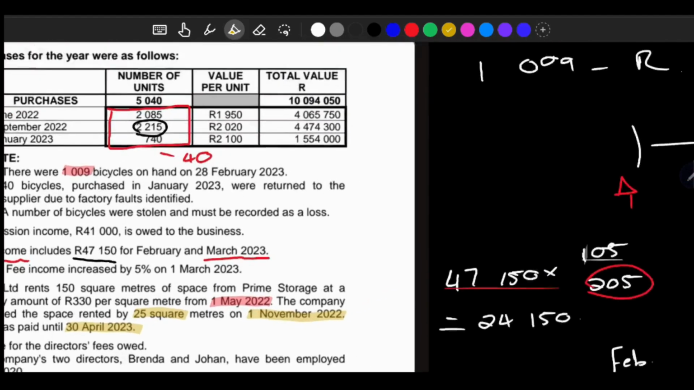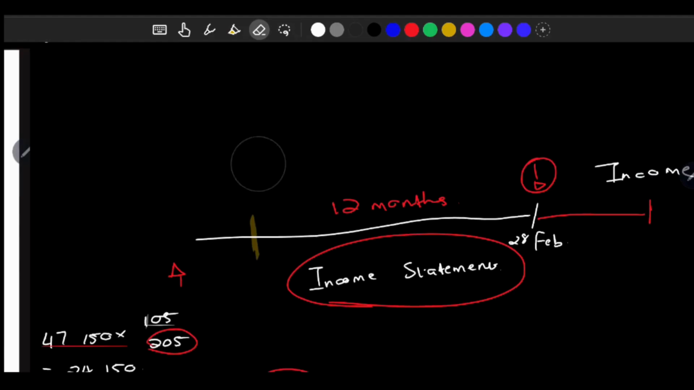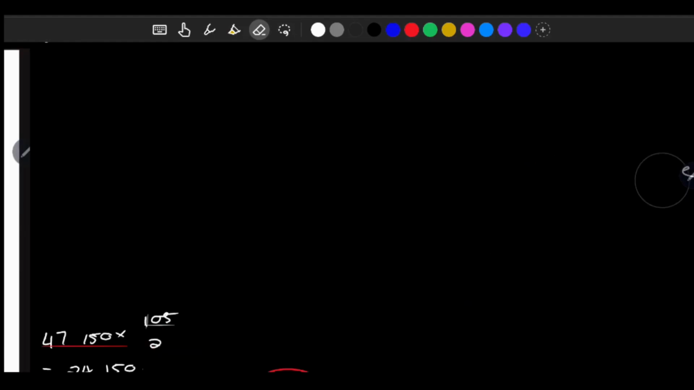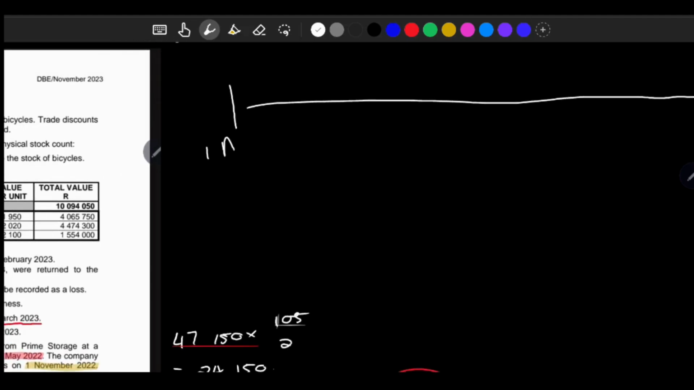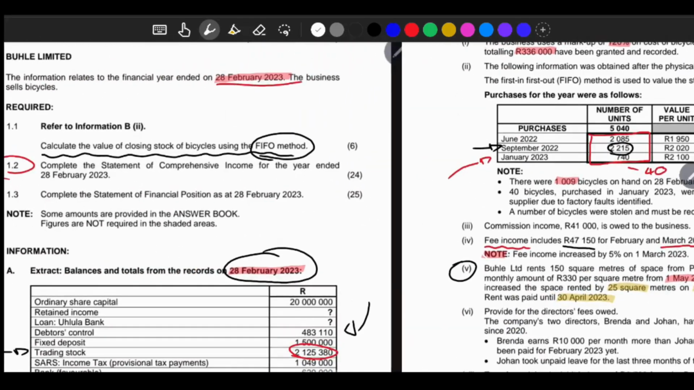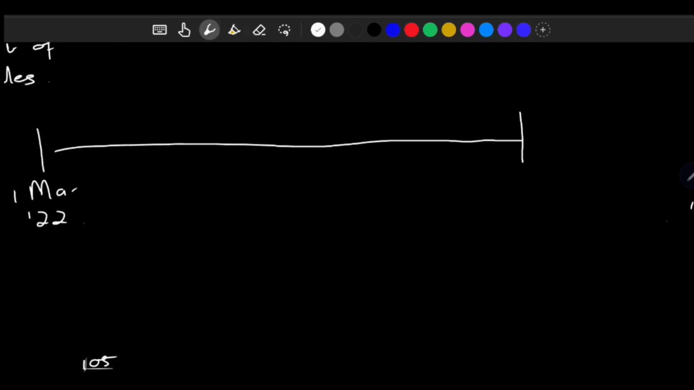So questions like this, it's always best to put on a timeline. Let's not be brave, right? Easy gets the job done, right? So timeline, sorry, not number line, timeline starts from 1 March 2022. If you're wondering where I got that from, our financial year ends 28 February 2023. 12 months ago was 1 March 2022. Then we have that up until, my line is a bit too long there,